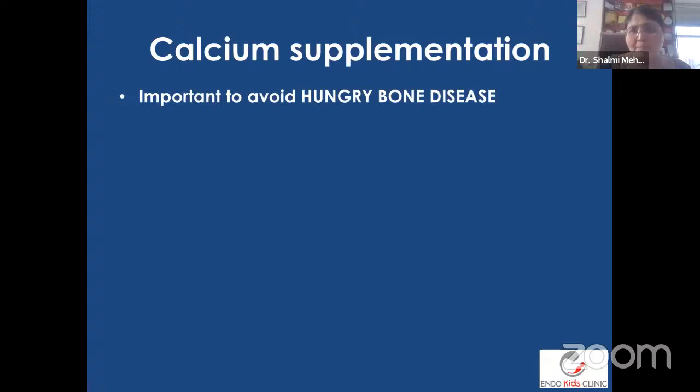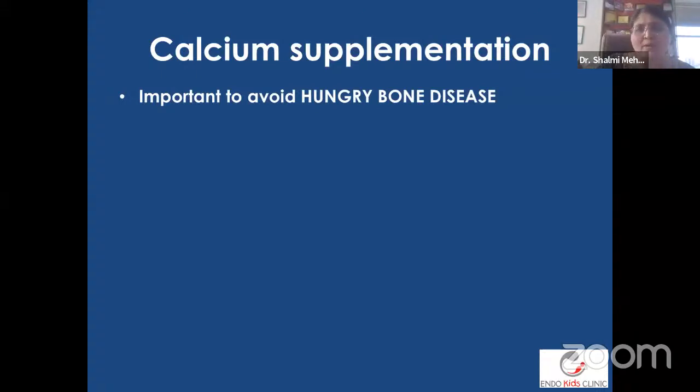Another important aspect that I want to stress is that many patients who are referred to us as vitamin D resistant rickets are actually inappropriately treated vitamin D deficiency rickets. The reason being, we give them vitamin D in large amounts, but we fail to give them calcium, or we don't give calcium in adequate doses. Now, remember, as we said, the calcium levels drop because all the bones are now depleted of calcium. So the moment you give them some calcium along with vitamin D, all the calcium gets driven into the bones.